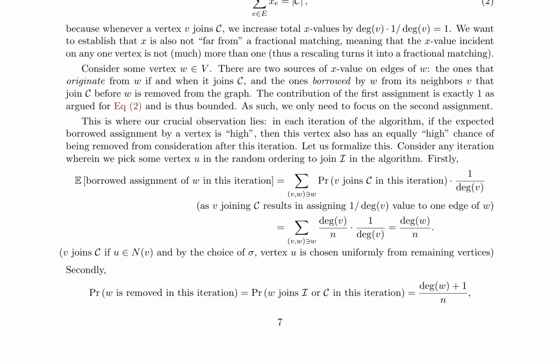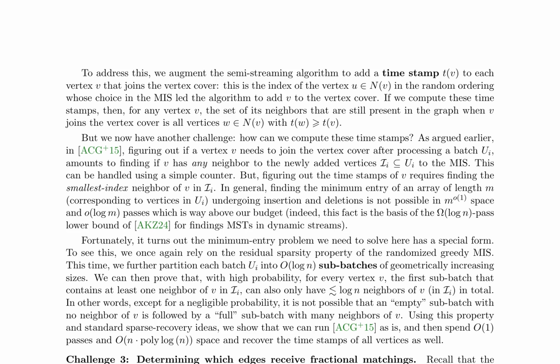The proposed approach provides a lightweight reduction for finding an O(1) approximate fractional matching in expectation from a single execution of the randomized greedy MIS algorithm. The paper also discusses the development of a dynamic streaming algorithm for matchings, which is an extension of the semi-streaming implementation by ACG+15. The main challenge lies in incorporating the reduction from fractional matchings to randomized greedy MIS into this algorithm.